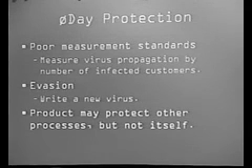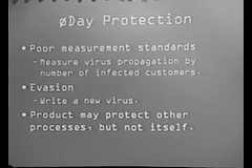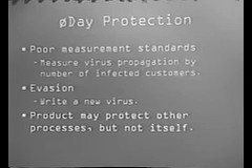We see things like the product may protect other processes, but for example, with McAfee and CSA, we saw that CSA was not protecting the McAfee process itself. We see things like that where these products are really ill-equipped to deal with zero-day attacks. So I just want to make that clear. Every process on the system running McAfee was protected by CSA's memory protection mechanism, except for McAfee itself.